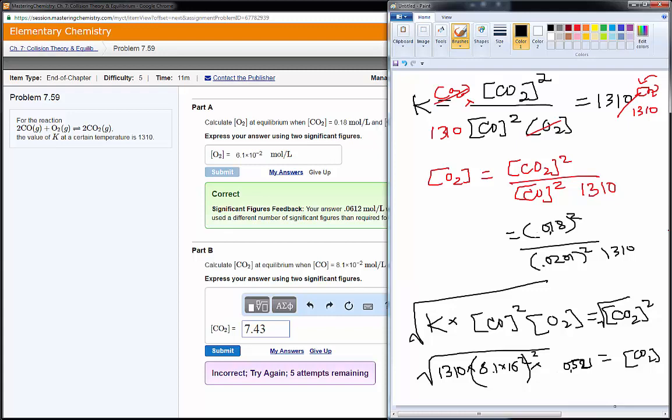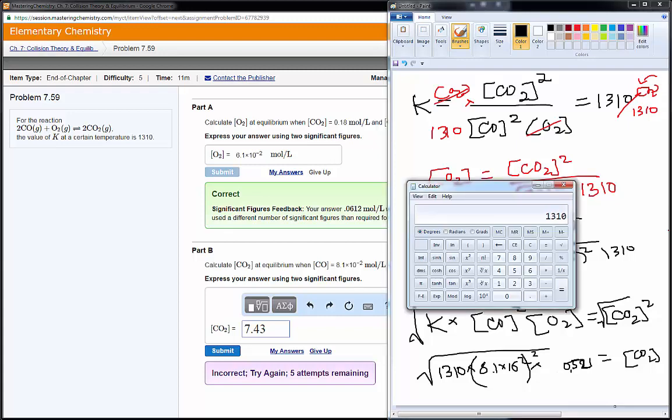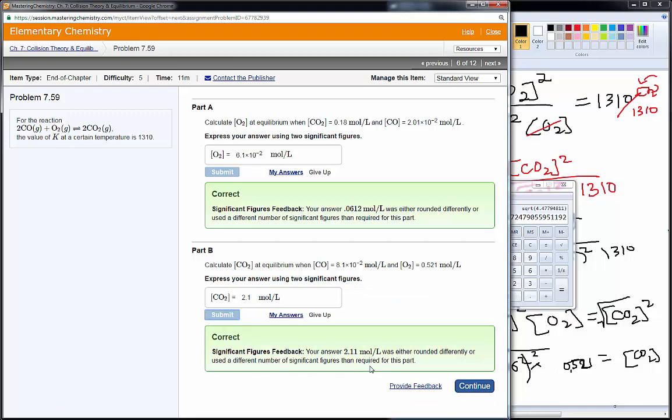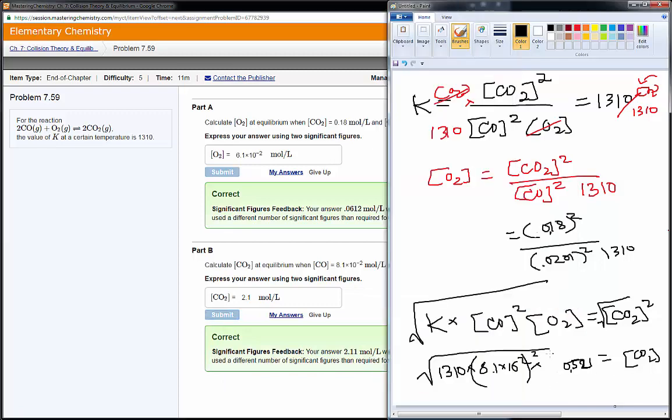Okay. I hope watching me make mistakes helps you not make the same ones. And that whole thing is going to be squared. Multiply that by 0.521. And then take the square root. 2.11. Let's try that. There we go. Always make sure, because really all of this chapter, all of this section is simple algebra, but